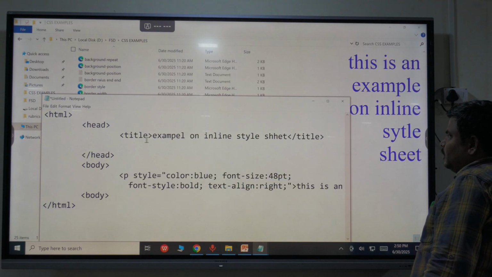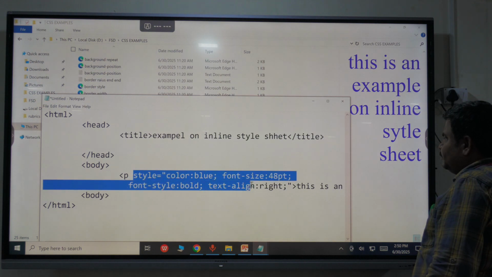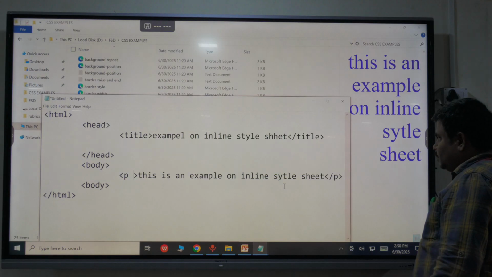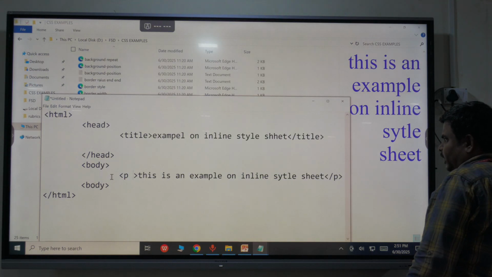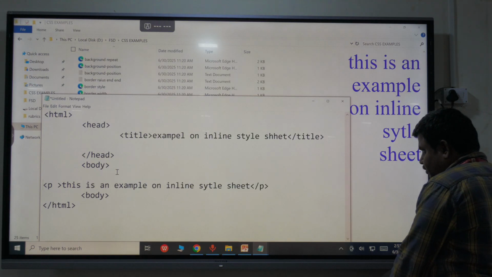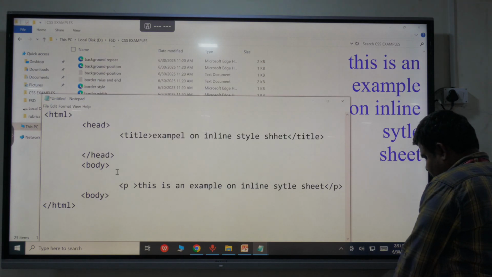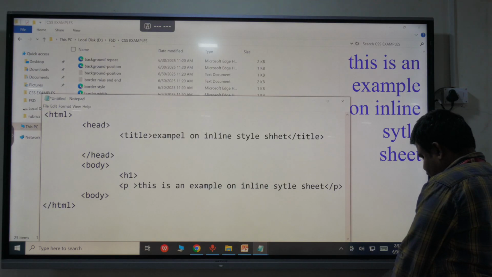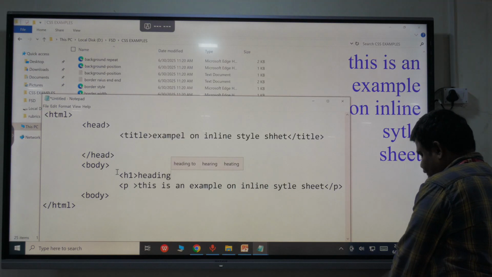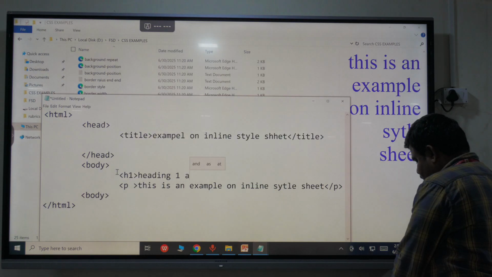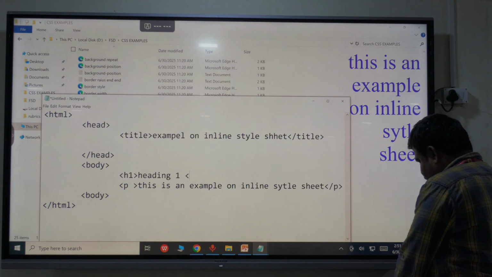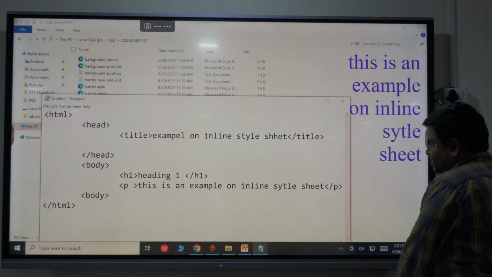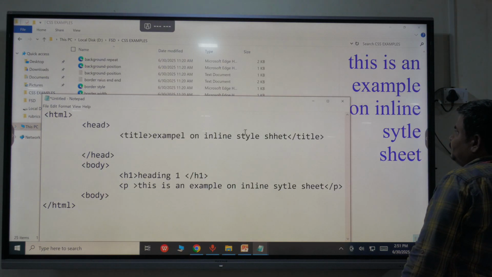So this is the way. Now instead of giving like this, you can remove this one. No need to apply this one. But what we have to add? We have to add the H1 tag, heading 1, heading 1 is closed, and the P paragraph tag. So this is an example on